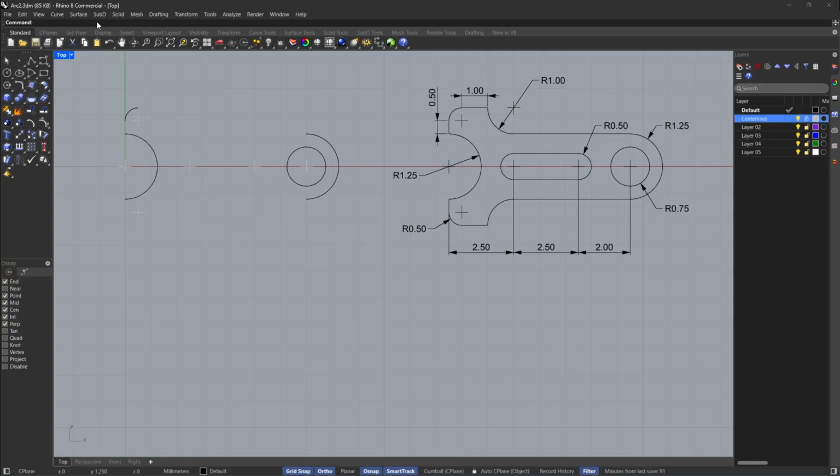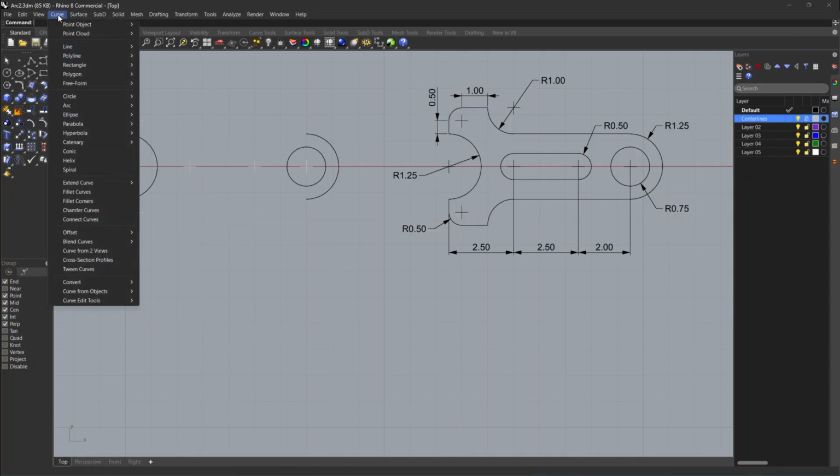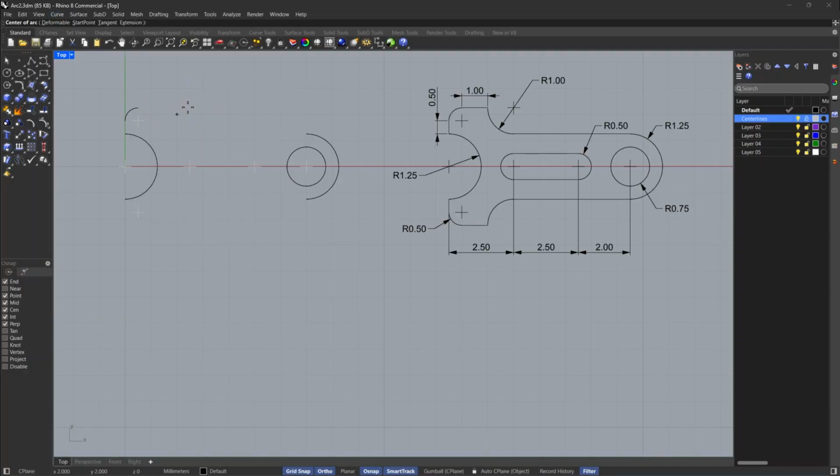Once more, from the curve menu, pick arc, then click center, start, angle. For center of arc, pick the intersection of the center line on the bottom left.